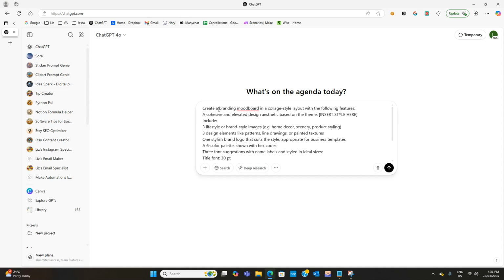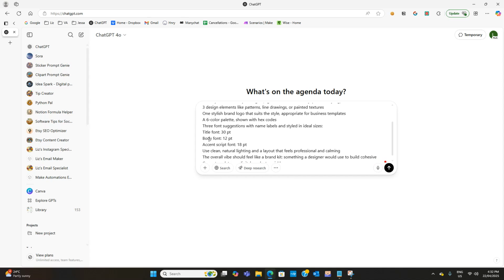So you can see here we've got creating a branding mood board in a collage style layout with the following features. A cohesive and elevated design aesthetic based on a theme, and then you just insert your theme. And I've just got include 3 lifestyle or brand style images, 3 design elements like patterns, line drawings or painted textures, 1 stylish brand logo that suits the style appropriate for business templates, a 6 color palette shown with the hex codes, 3 font suggestions with name labels and styled in ideal sizes,